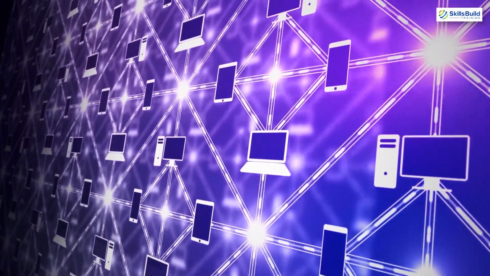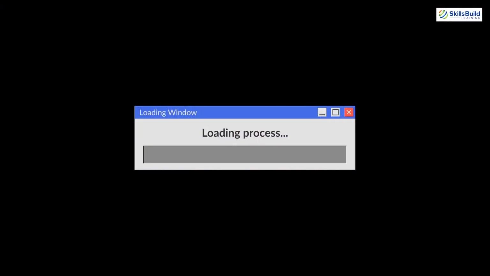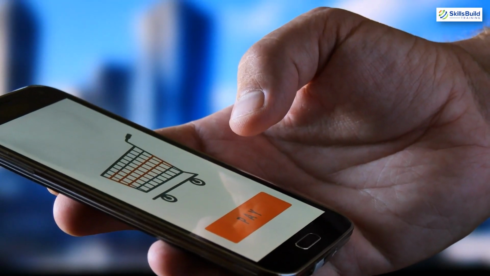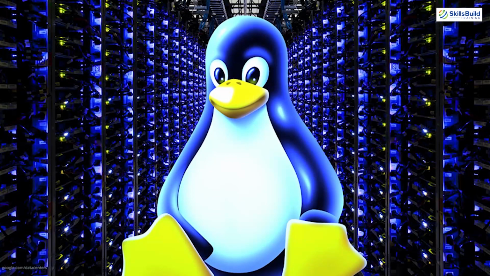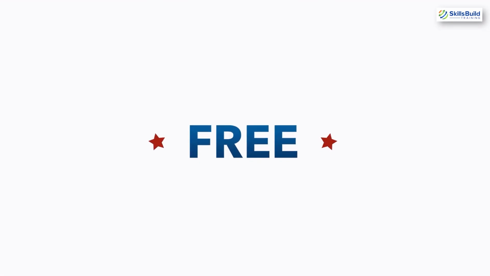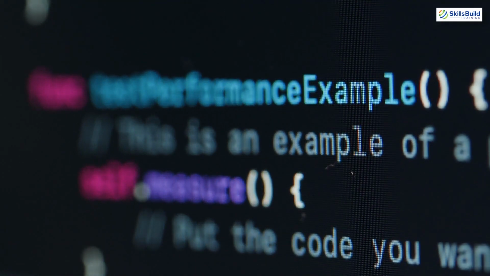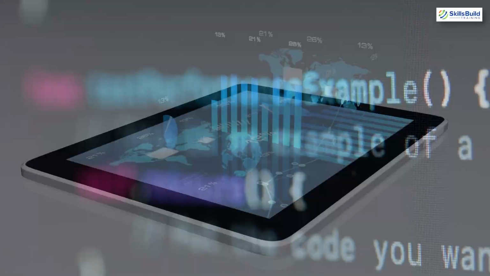Now, in order to make your PC a server, you have different options. For example, you can go with Windows Server or Linux as well. With Windows Server, you will be allowed to use it for 180 days for free, but after that, you have to buy the license. On the other hand, you can go with Linux servers that are completely free. The most prominent options are Ubuntu Server and CentOS Server. Both of them are free for lifetime. Yes, they are command line, but you can install a graphical user interface on them to make things a little